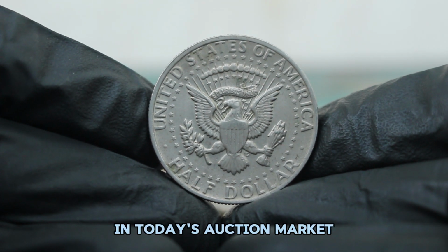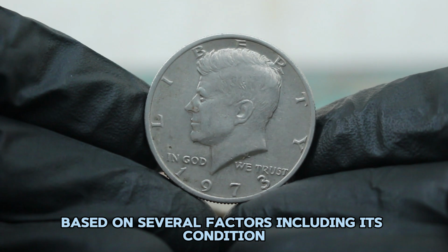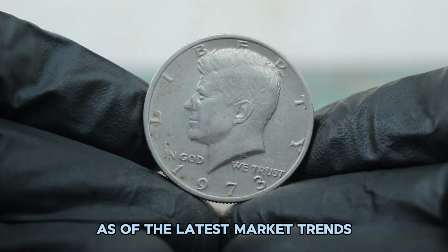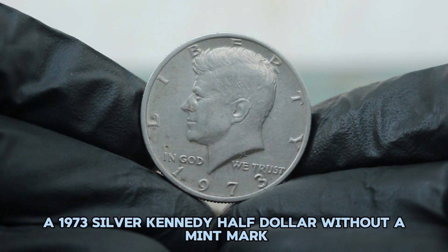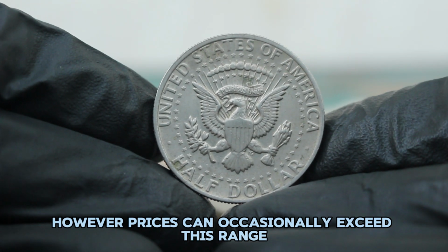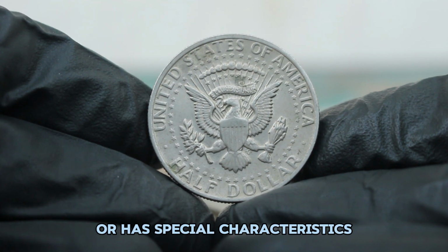In today's auction market, the value of this coin can vary based on several factors, including its condition, market demand, and whether it has been graded by a reputable third-party grading service. As of the latest market trends, a 1973 silver Kennedy half-dollar without a mint mark in fine condition typically fetches around $32,000. However, prices can occasionally exceed this range, particularly if the coin has been well preserved or has special